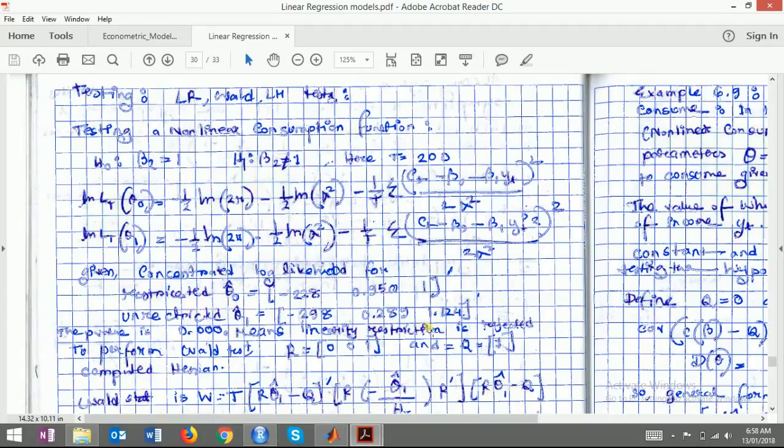for T equals 200. So the log likelihood function of theta naught is minus half log 2 pi, minus half log sigma square, minus 1 by T, (c_t minus beta naught minus beta 1 y_t) divided by 2 sigma square, whole square. Log likelihood function of theta 1. So theta naught is z1 and theta 1 is z2. As we remember, z1 doesn't have y_t beta 2. It only had beta